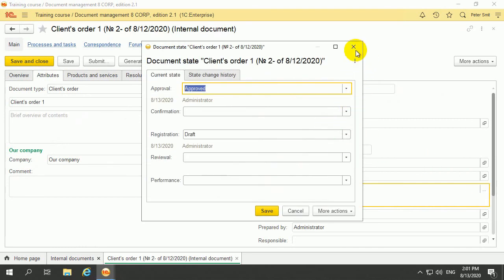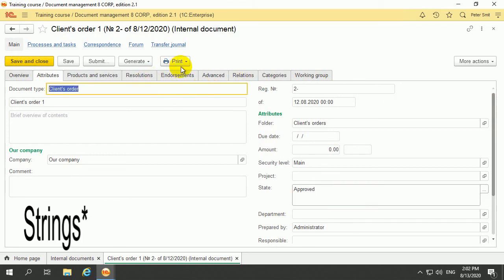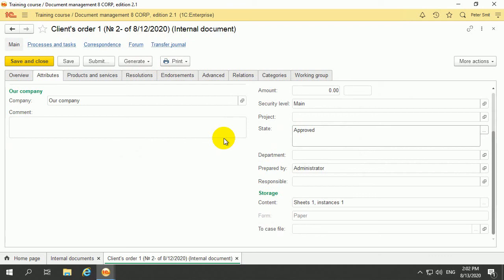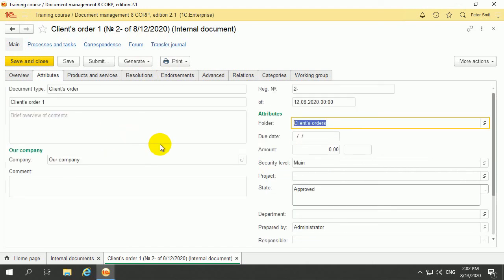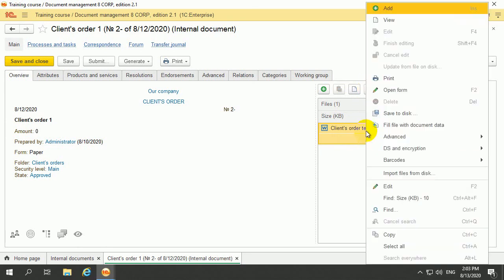We see that Peter Smith can set the state, and we also see that the fields like the name, the document type, the name of companies, the folders are not available, because when the approval persons are approving our documents, we can't configure our internal document attributes, but the system allows us to edit this file. Or no,